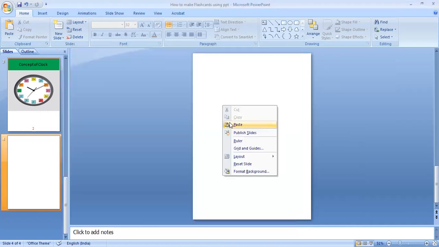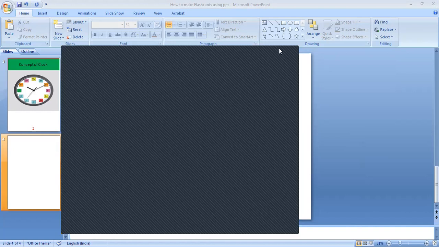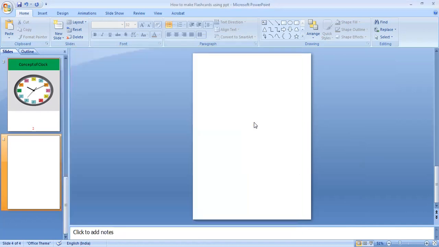and paste here. Control C, and here Control V. Suppose I have this one saved on my PC as an image.